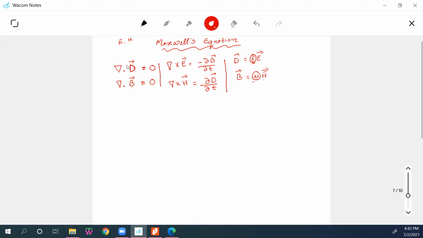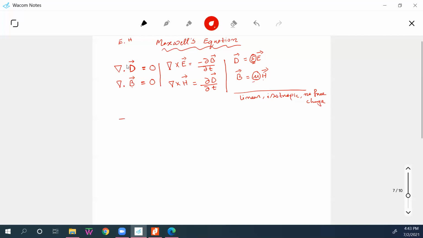What is the condition? The condition is that the system is linear, isotropic, and no free charge is there. No free charge. That's why, if it's not isotropic, how the electric and magnetic fields come, right? Okay, so we can write it a little bit differently.